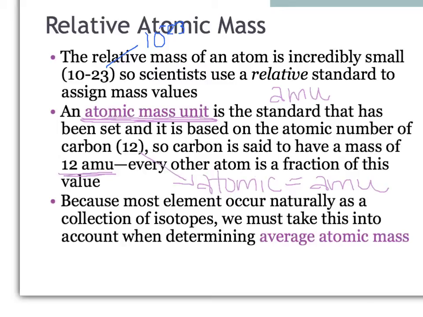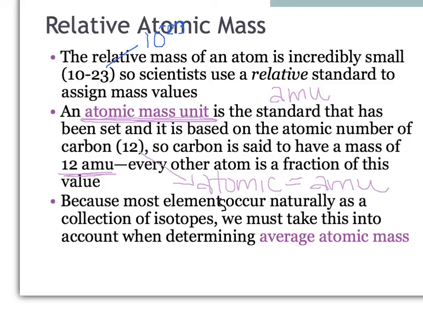And so what scientists can do is compare all other elements to how much bigger they are than carbon or how much smaller they are than carbon in the unit atomic mass units. Because most elements occur naturally as a variety of isotopes. For instance, tin has 10 different versions. We have to take into account all of the different versions when deciding how heavy the average atomic mass is